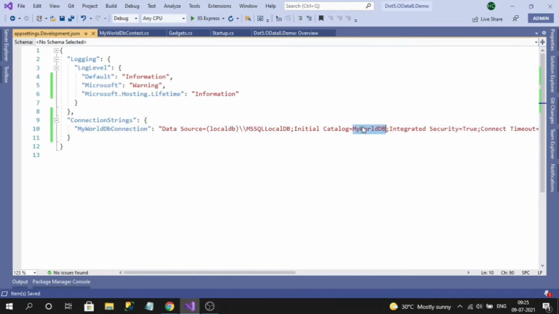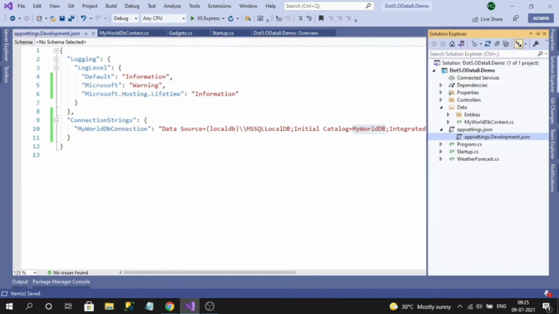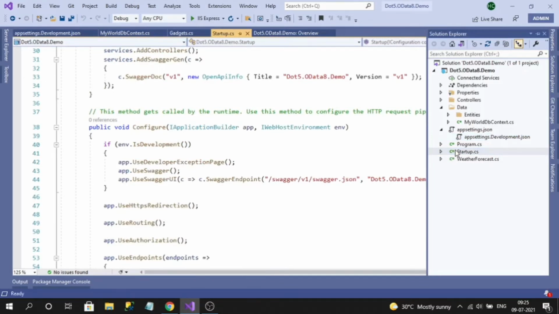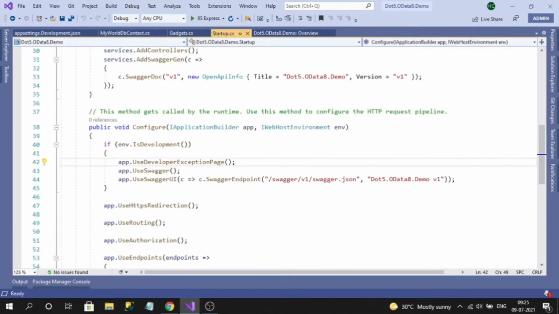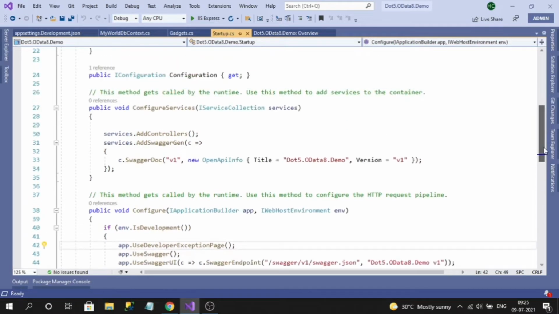So here I'm using my local SQL database. So now the final thing is we need to register our DB context so that our DB context can be injected wherever we want. Not only that, while registering the DB context, we are going to assign the connection string also, so that our context will communicate with the database based on the connection string registered here.